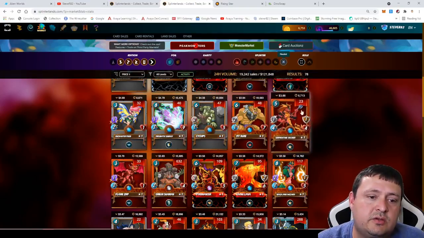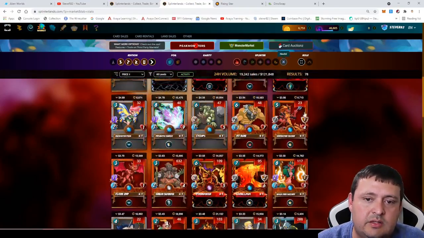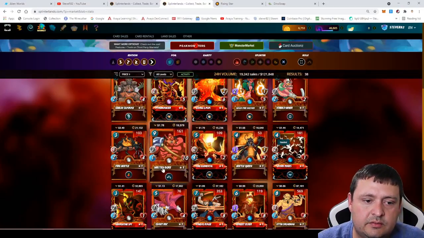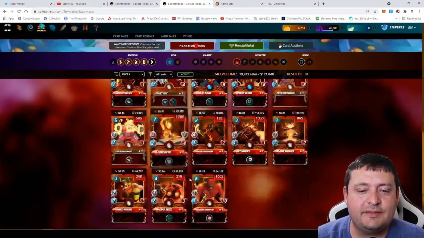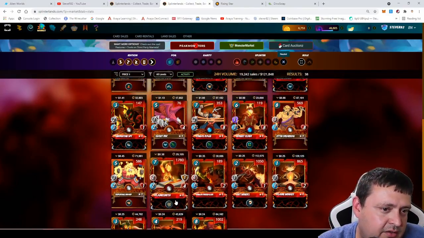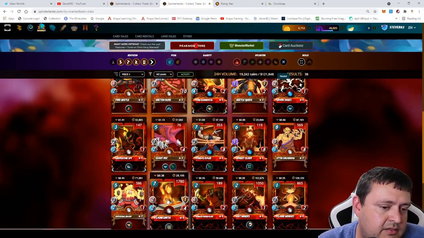Should probably talk about the neutral team while I'm with these, but I didn't want them to muck up the board. But basically, that's a card that you can ignore. One of the other cards that isn't very good at low levels is, let's see,